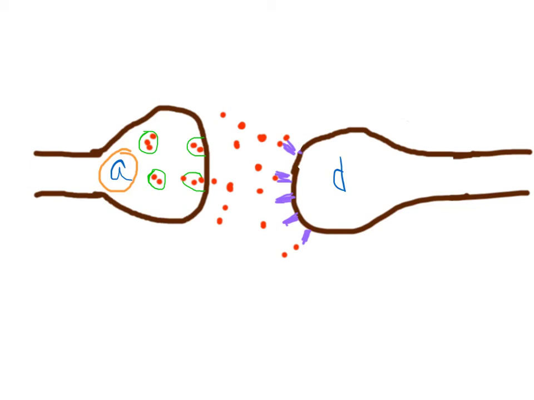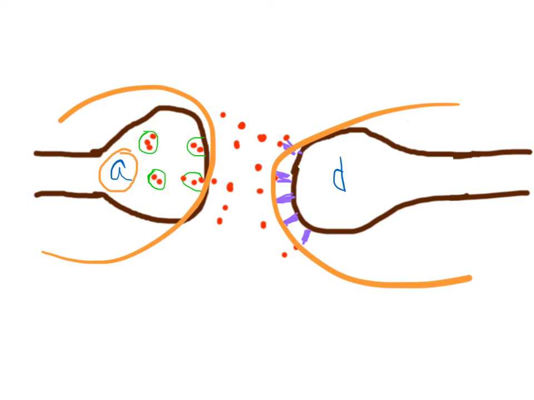So here we have the axon, this is the dendrite, and these little green circles right here are vesicles, which contain the neurotransmitters. Every single one of these little red dots is a neurotransmitter. They're in the little green vesicles right now, and then they exit from the axon,